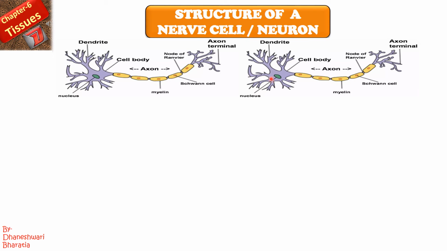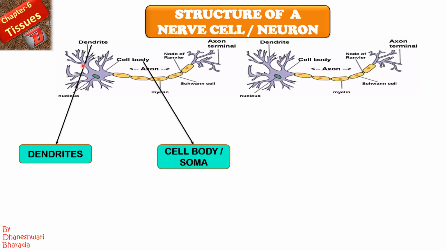How does the transmission of nerve impulses take place? Starting from the dendrite it will enter the cell body. Through the cell body it will enter the axon, through the nerve ending. From the nerve ending it will enter the dendrite of the next neuron, and this way the nerve impulses will be transmitted till the brain and from the brain to the other parts of the body, and that is why we can show some response. Am I clear? This entire mechanism you will be learning once again in 10th standard.